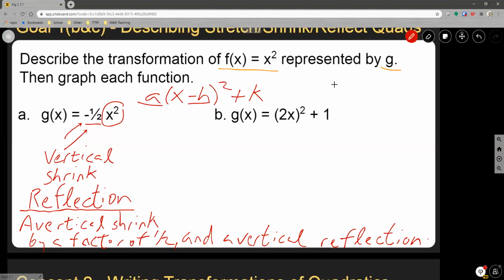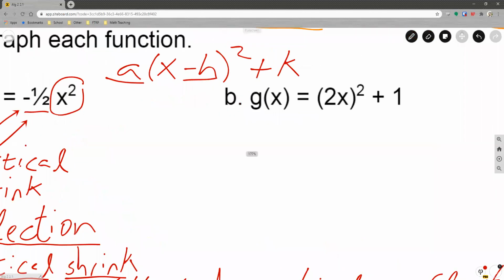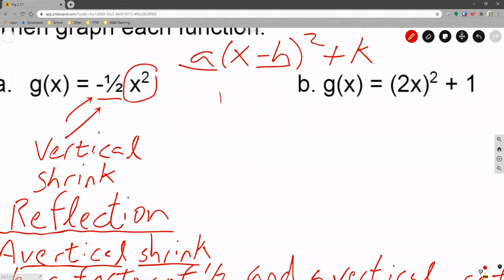It's a mouthful. So I'm doing two things: a vertical shrink by a factor of 1/2, and then I'm also vertically reflecting the graph. If I were to sketch that or graph it, if I want to get really technical,